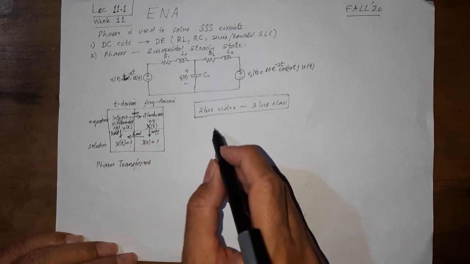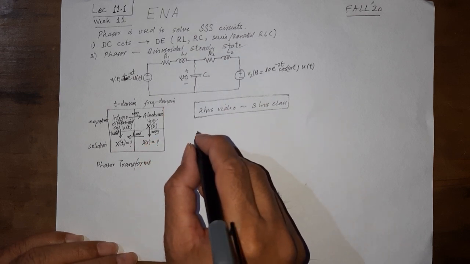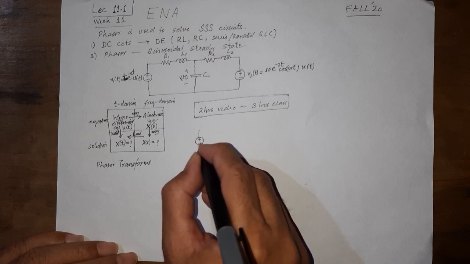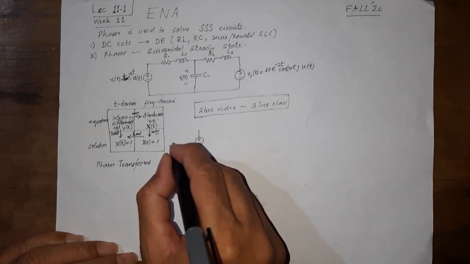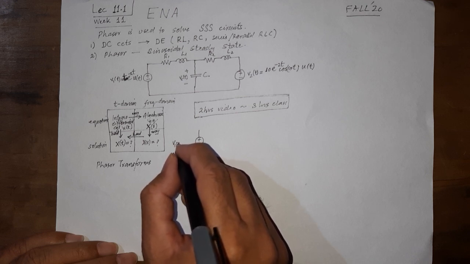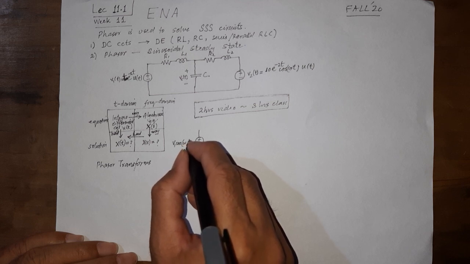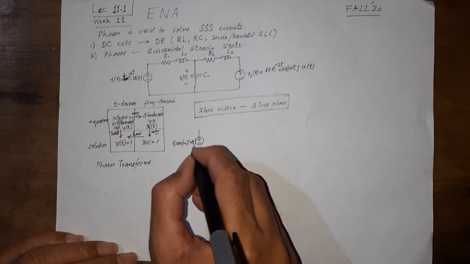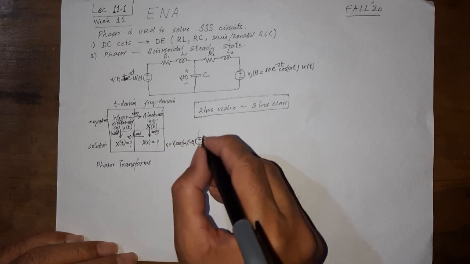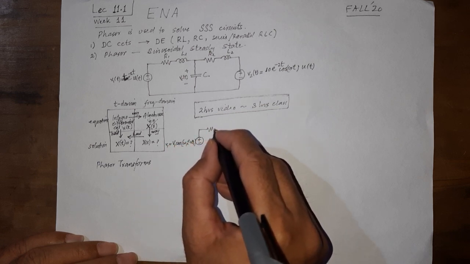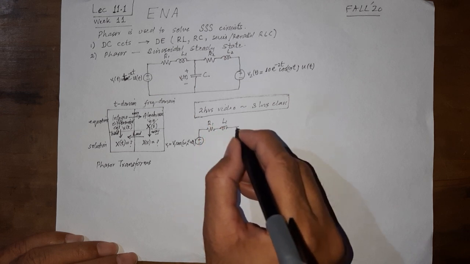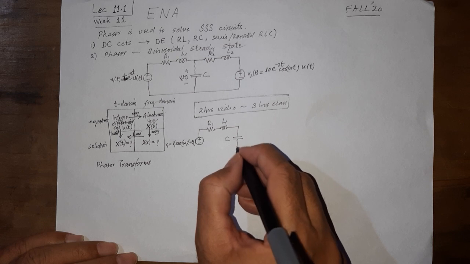Just to brush through some prior concept, let us assume that we had a purely sinusoidal source here, say V1 cos of omega 1t plus theta 1 as V1 volts, and then R1, L1, C,